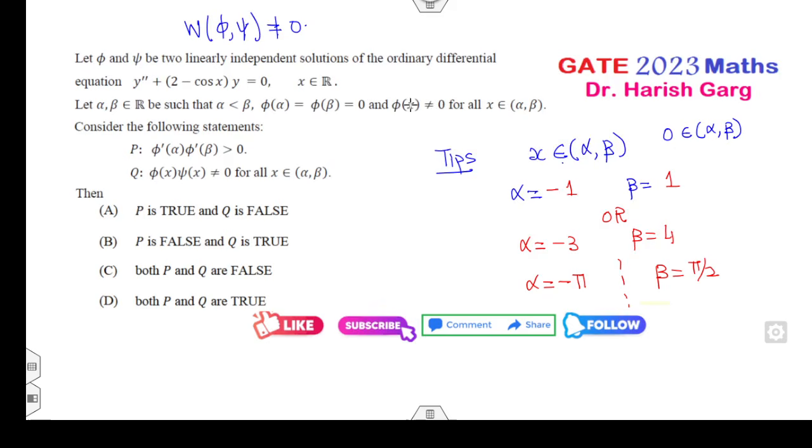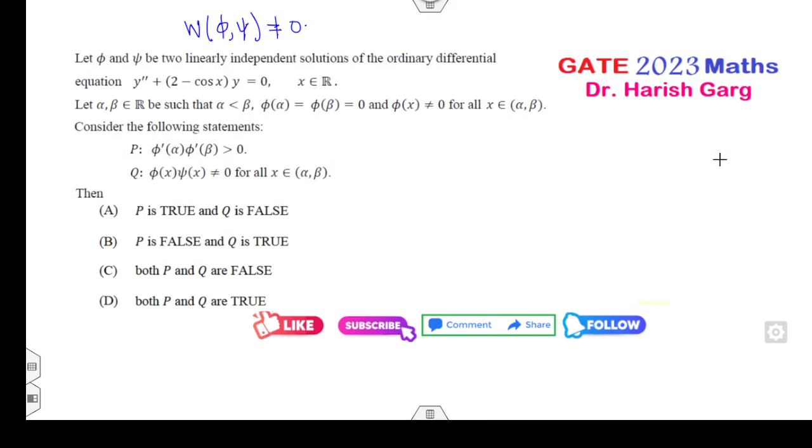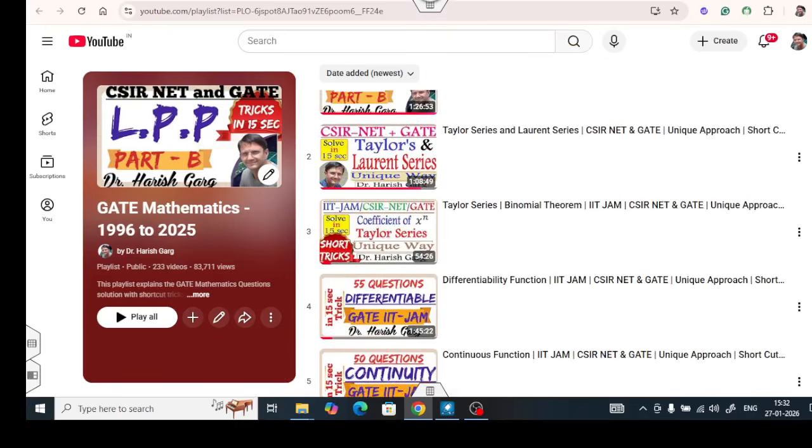So for the sake of convenience, what I can do, I can choose any alpha and beta so that 0 belongs to the interval alpha to beta. Fine, so I can choose alpha is my -1, beta is equal to 1. Clear बच्चों? Now क्लियर, तो अभी इस वाली शॉर्टकट ट्रिक्स में मैंने आपको क्या बताया था, वेन एवर यू आर